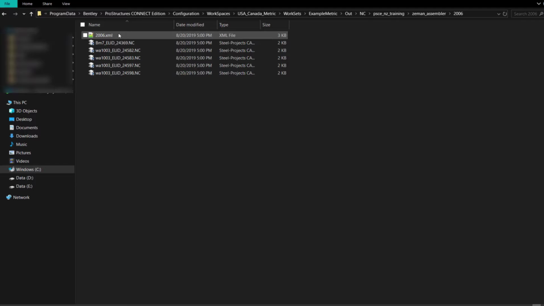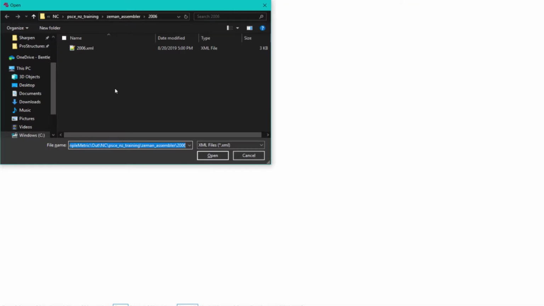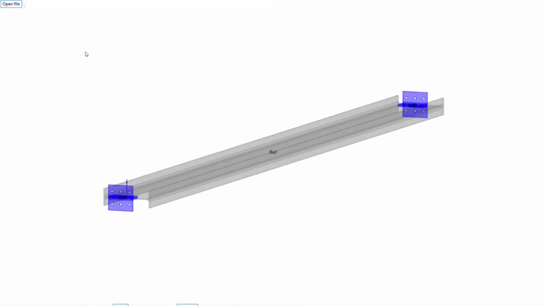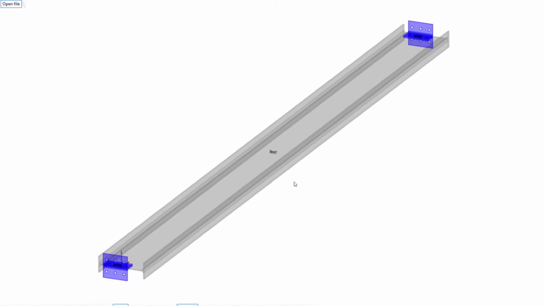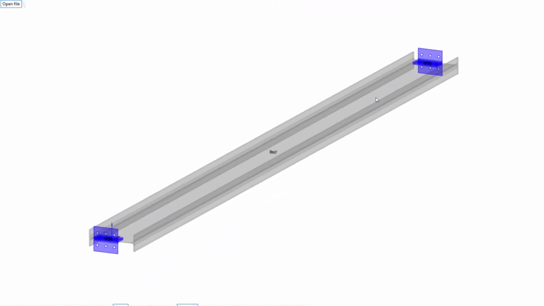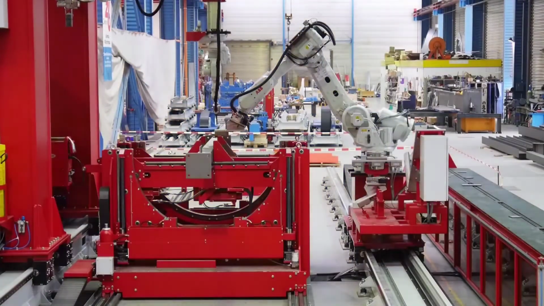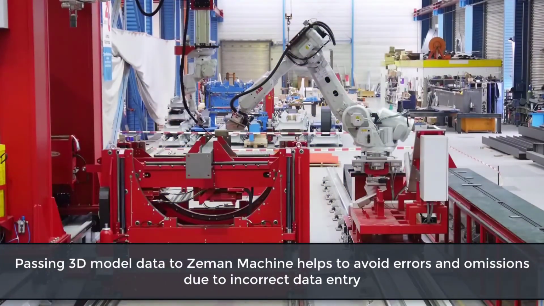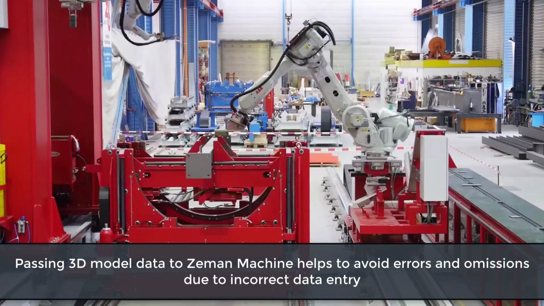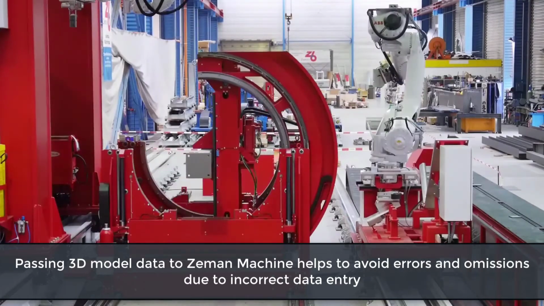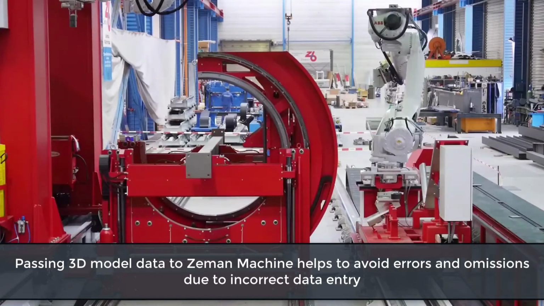We now have the capability of creating this NC and XML data from within ProStructures and then export this directly to the Siemens machines. The ProStructures data will carry all vital information like group position number, length, name of the part and material, along with the attached parts description, location, rotation with respect to the global coordinate system of the Siemens steel beam assembler. The XML file generated from ProStructures will be fed to the Siemens machines and it will